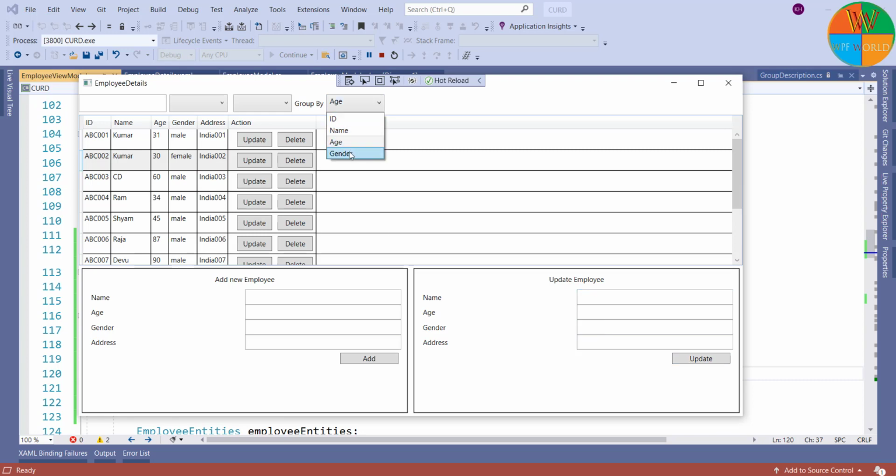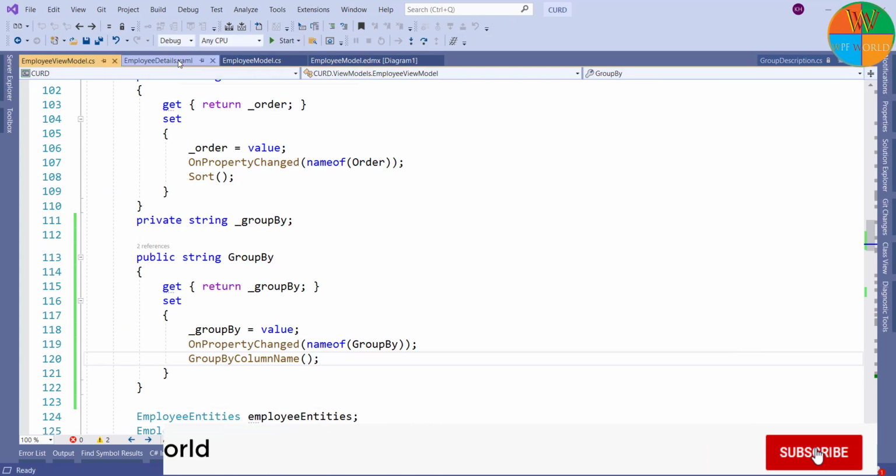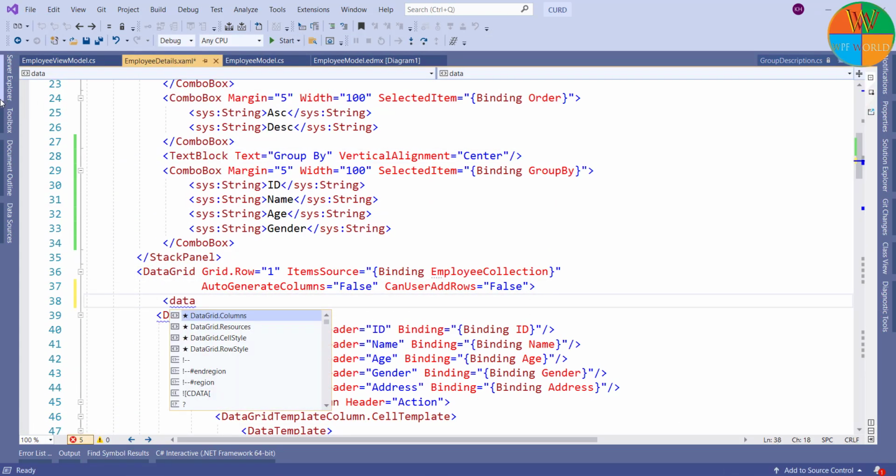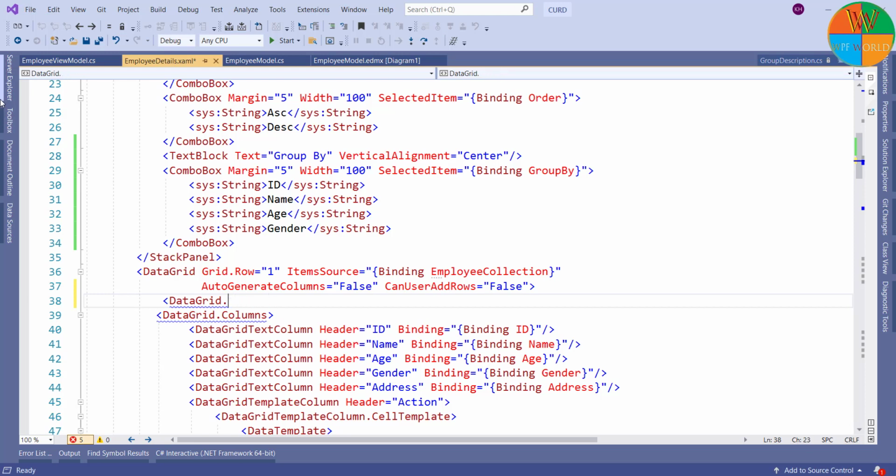Here we are not able to see it properly. To see it clearly, let's modify the UI. Here I will add an expander so that it will show the value of the row and the count of the value in the header of the expander.